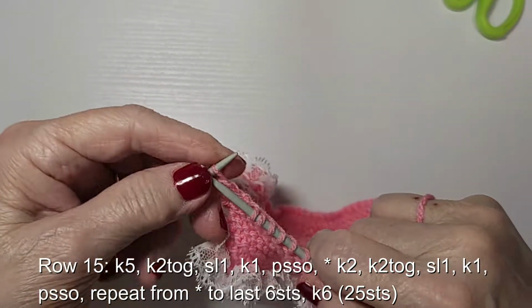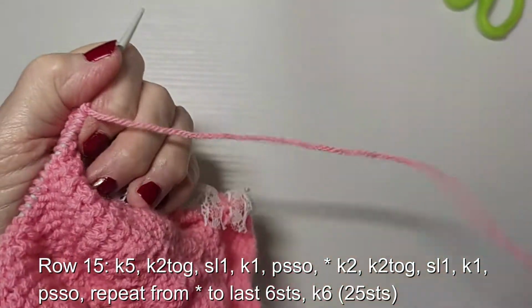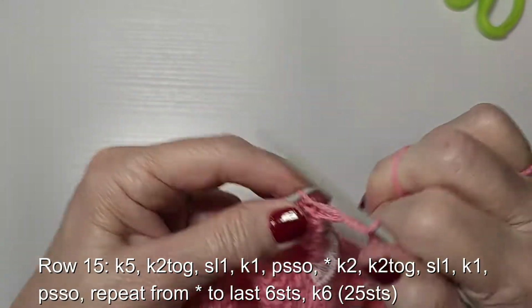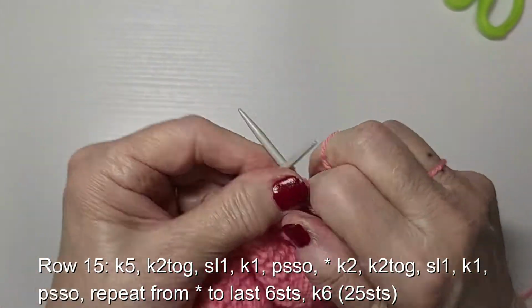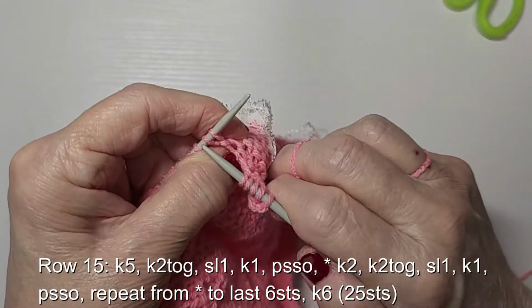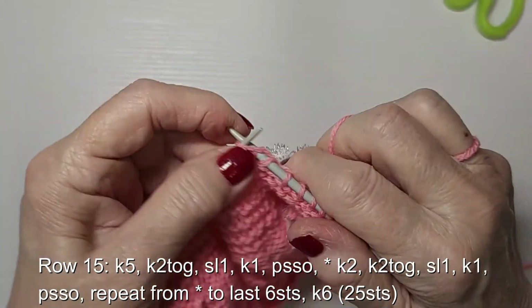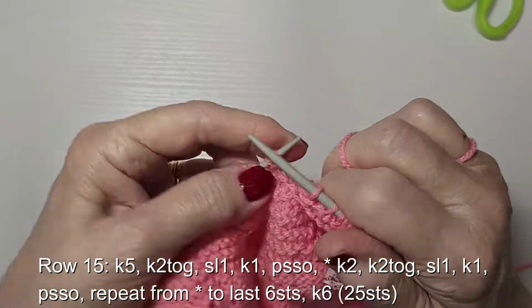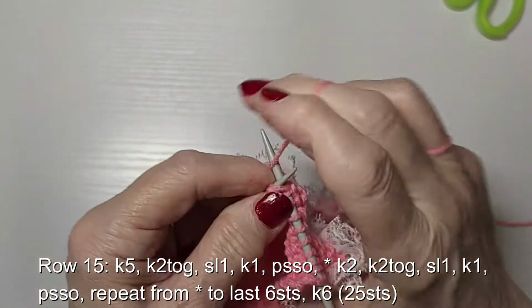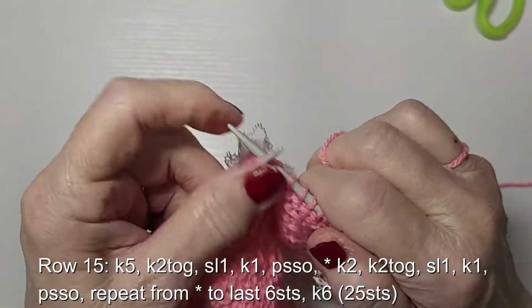There we go. Right, now next decreasing row is knit 5. 1, 2, 3, 4, 5. Okay, knit 2 together, slip 1, knit 1, pass slip stitch over, and then we're going to repeat knit 2, knit 2 together, slip 1, knit 1, pass slip stitch over,